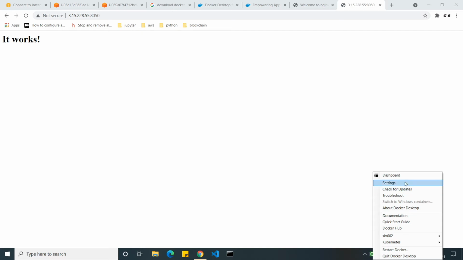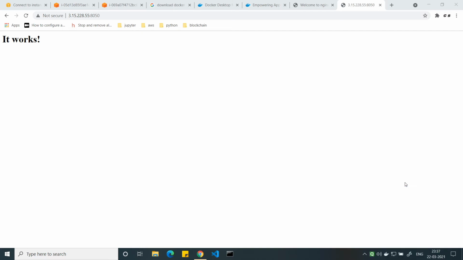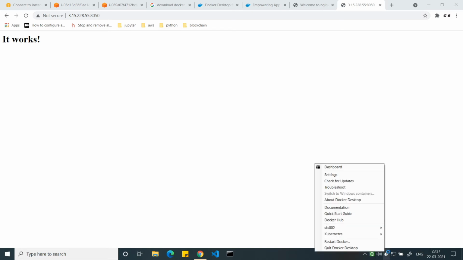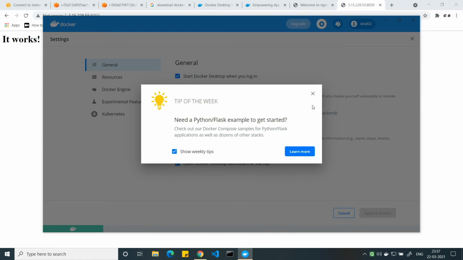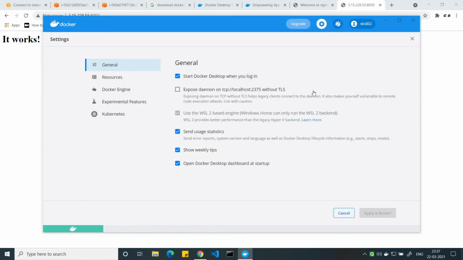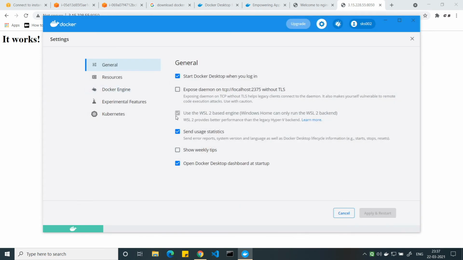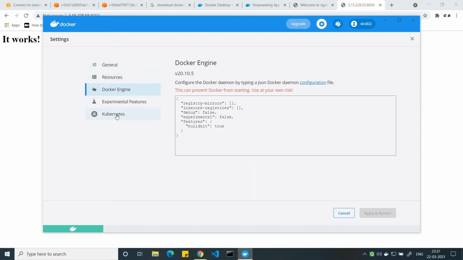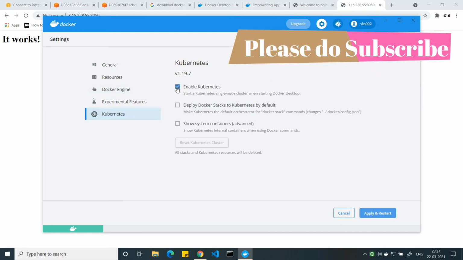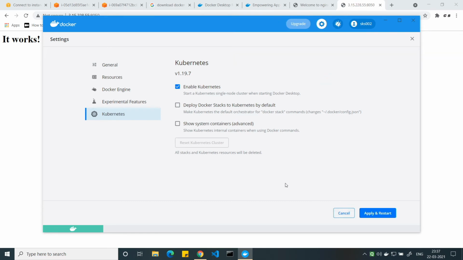As I had previously installed Docker, I had a .docker file which had my various configurations, so it already logged in to Docker Hub for me. Let's close this. I do not need a weekly tip here. It shows various settings here. You can just look into those. Docker engine, and as an advantage, you have a Kubernetes environment also. If I click on enable Kubernetes, apply and restart, it would download all the Kubernetes images necessary to begin, and it will start a single node cluster for you.